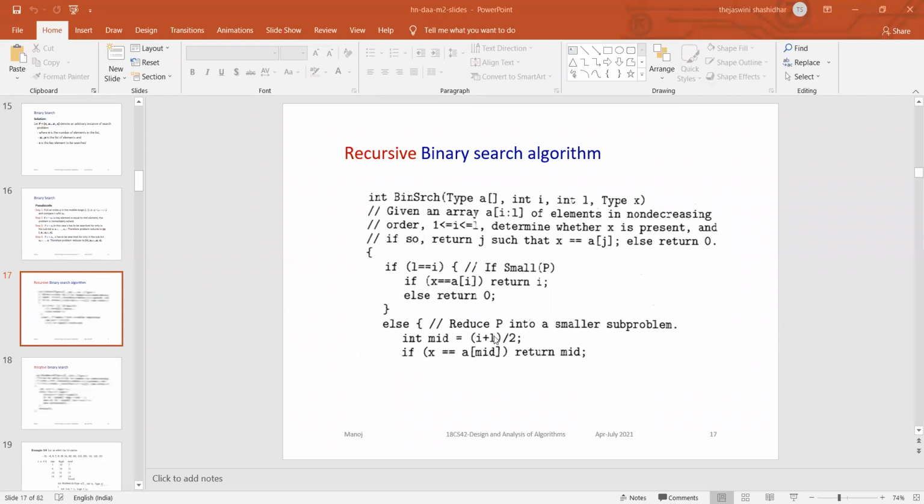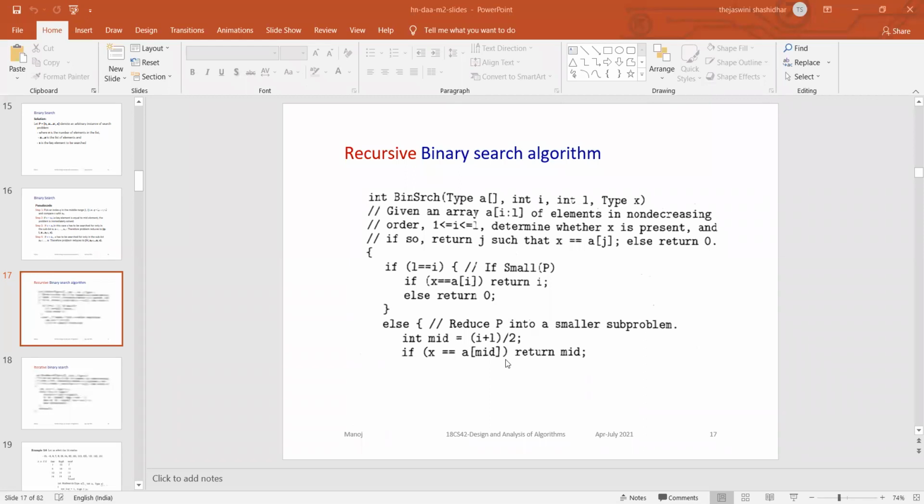It is the first element plus last element by 2. If X, that means the key element, double equals A of mid, return mid. So this is the recursive binary search algorithm. It divides the problem into subproblems by calculating the middle element, and if X double equals A of mid, return mid.